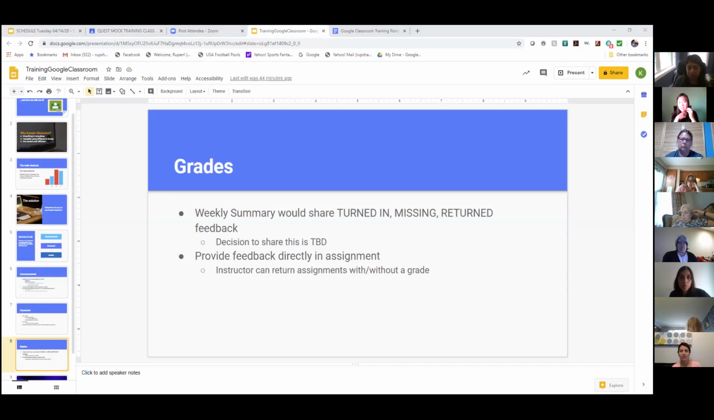And so we had settled that yes, we would share a summary of what has been turned in or missing, but the actual scoring and sharing that on a consistent basis is something that we did not feel was necessary. As of right now, we're sharing with specialist teachers, but that's not something that we are asking you all to do. There will be some other ways for sharing information, but using the Google Classroom gradebook